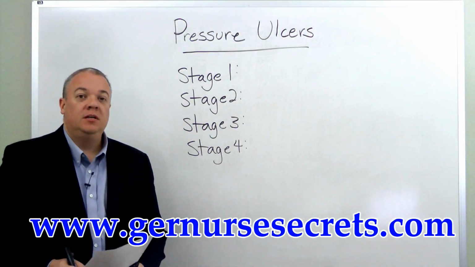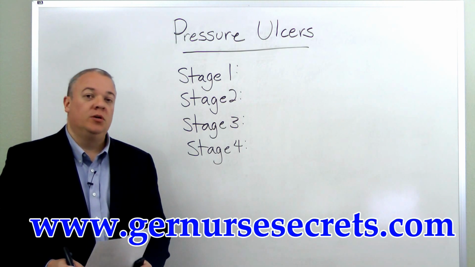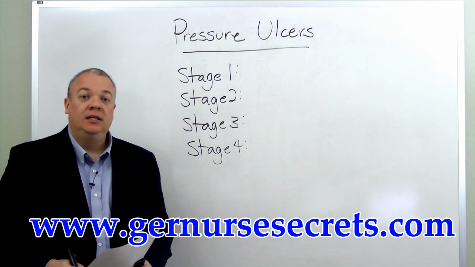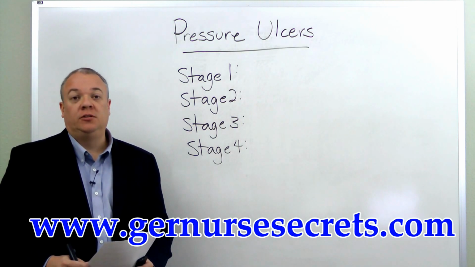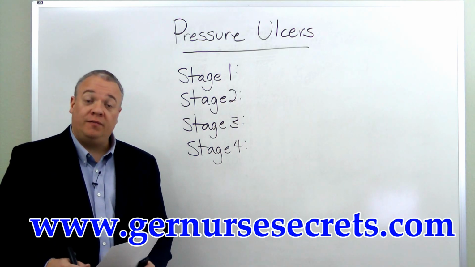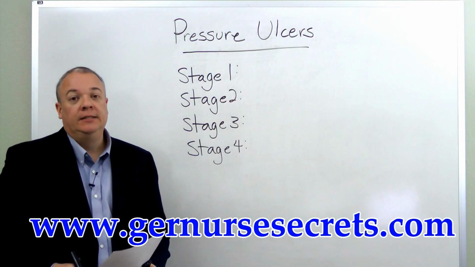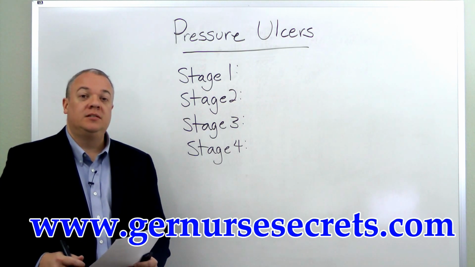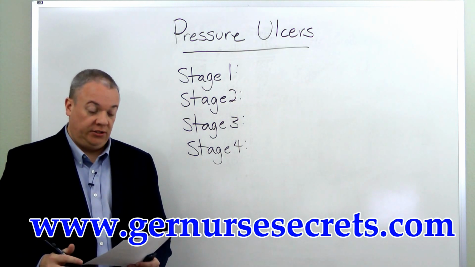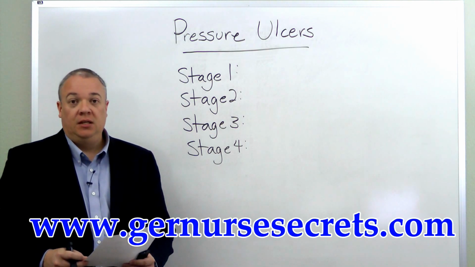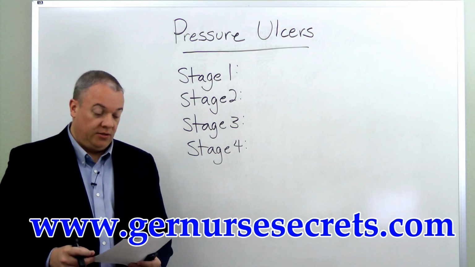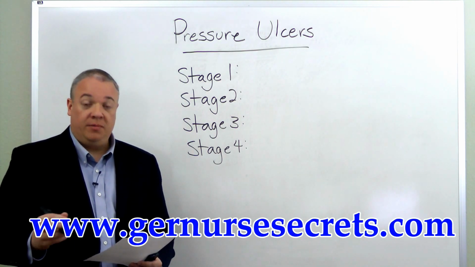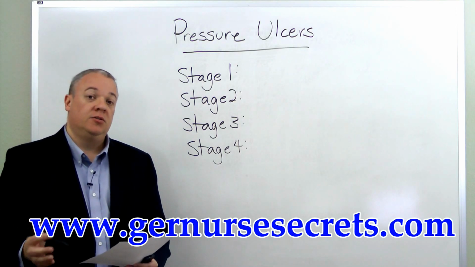Pressure ulcers come in 4 different stages, and it's important to be able to distinguish and differentiate the various stages of a pressure ulcer. We ought to begin by first defining what a pressure ulcer is. A pressure ulcer is a lesion that occurs in an area where there is constant and persistent, unrelieved pressure. This pressure usually comes about to the tissue over bony prominences such as the sacrum, the coccyx, or the heels,